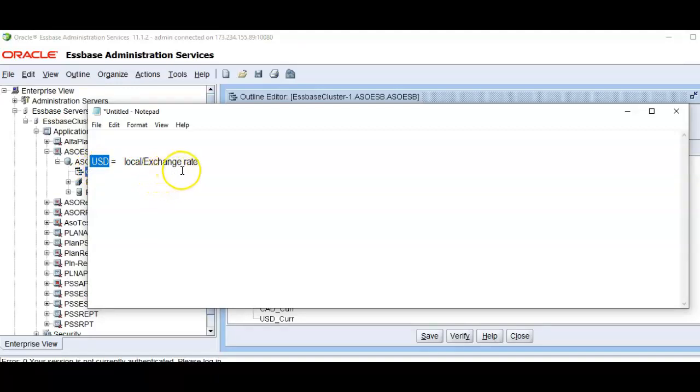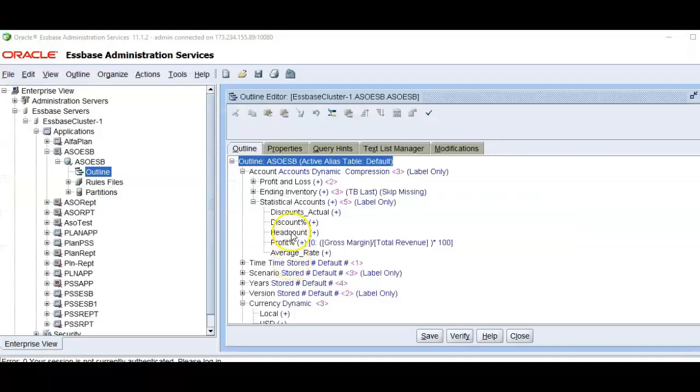So we need to enter exchange rates. In order to enter exchange rate or any information in Essbase, we need to take one member from each dimension. We know that profit and loss accounts, which are nothing but sales and expense accounts, will be translated at average rate, whereas balance sheet accounts will be translated at end of month rate, and some accounts may be translated at historic rate, maybe investment accounts.